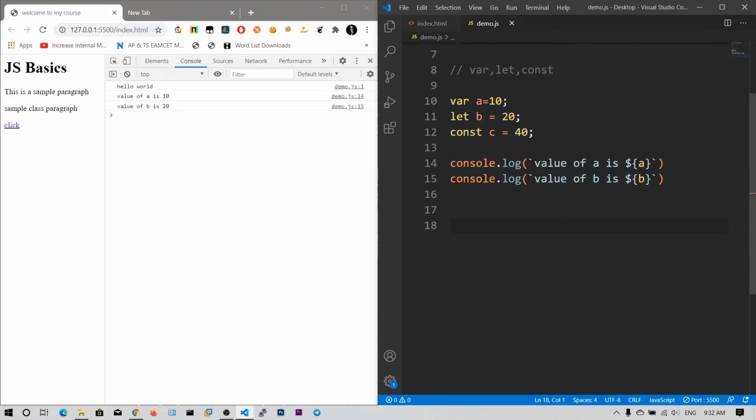So we have seen the basic data types, and let me change this 20 value to a string. In other programming languages like C, C++, Java, you need to define the data type. If you want an integer, you need to say int b is equals to 20, like int a is equals to 30. In JavaScript you don't need to define that.